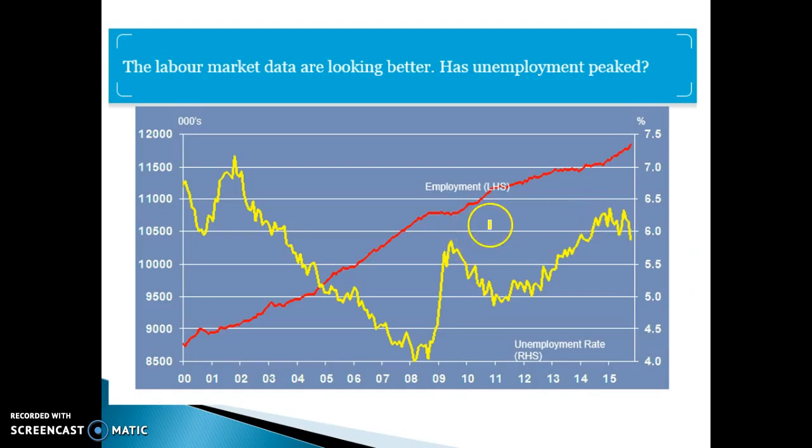The labour market. Looking at the labour market, the unemployment rate is considerably higher than it was throughout 2012, 2013. The unemployment rate at the moment is about 5.8%, which is above our target range. We don't really want it to be above 5%. So that's negative and a sign of a loose or weak labour market.